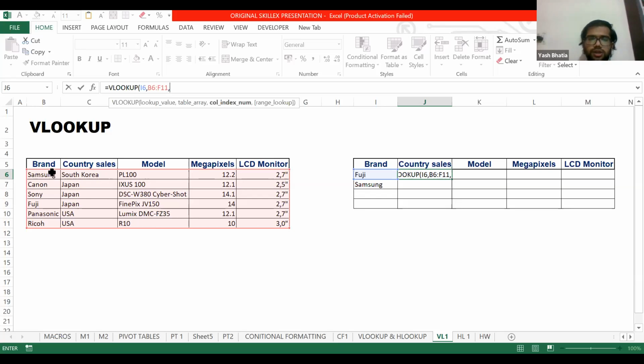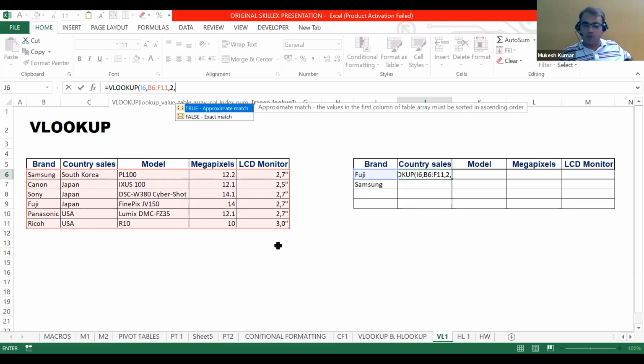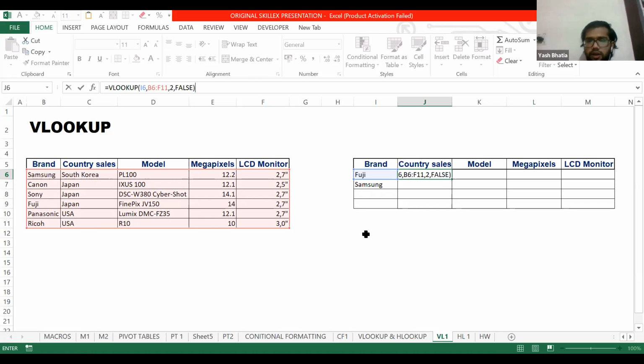The third argument is the column index number. As you can see, the country is the second column of our source table. So we write 2 over here. And the fourth argument, whether you are looking for an approximate match or an exact match. As the name clearly says, we will write false, as we want an exact match. Click OK.